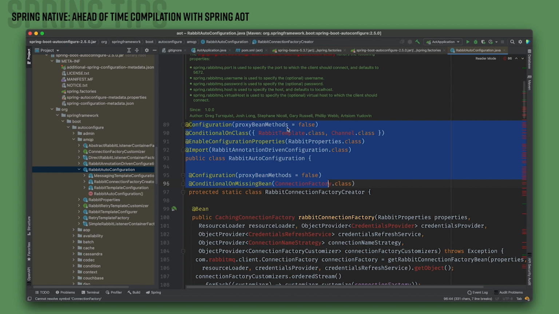Another thing that we can do is we can evaluate these conditions, and we say, okay, if this type rabbit-template.class is on the class path, then load this configuration. So rabbit auto configuration is one of many different examples of an auto configuration class. These are regular Java configuration classes that get loaded when the application starts up. There are conditions that guard against their activation unless certain types are on the class path. So for example, RabbitTemplate.class and Channel.class need to be on the class path before Spring Boot will try and run